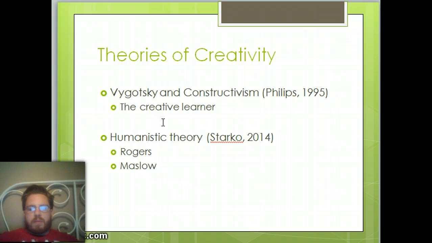There are many theories of education that touch on creativity, and this list is quite long and exhaustive. I personally have taken out 2 realms, or 2 types of theories that exist in education or in psychology that both discuss creativity. The first is constructivism, and Vygotsky, as well as Piaget, but I'm going to put emphasis on Vygotsky, are attributed to the underpinnings of constructivism.